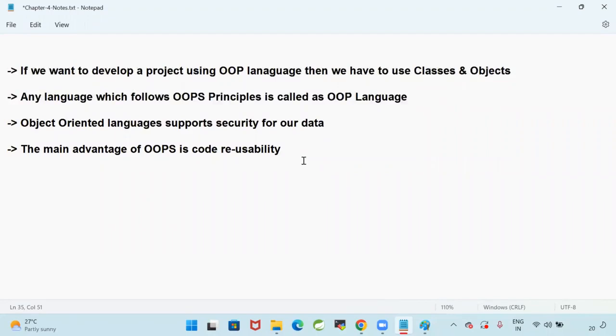Python also supports OOPS principles. Then Python is also called an object oriented programming language. There is another language called Smalltalk, currently not in the market. That was the first programming language which supported OOPS, before Java came into the market at a later point of time. Before Java also there are some languages available which support the OOPS concept. Java is also supporting OOPS. That's why Java is called